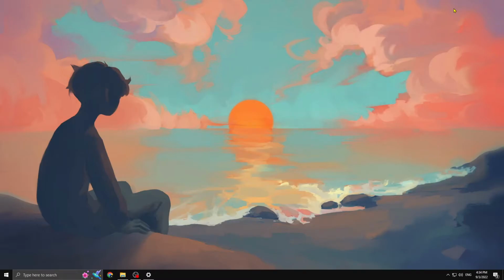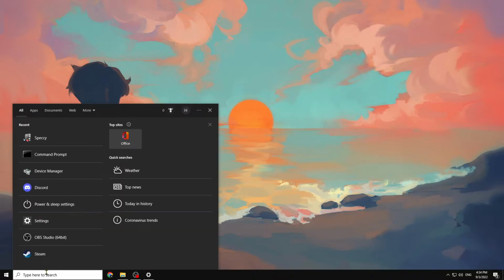In today's tutorial, I'm going to show you how to turn off or turn on Windows animations. So it's actually quite simple. All you're going to need to do is come down here to the bottom left of your screen, into the search bar, type in settings,